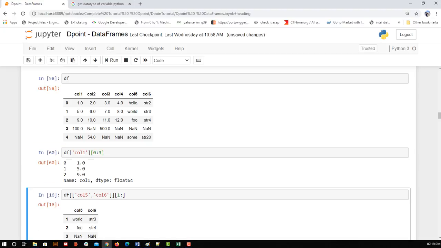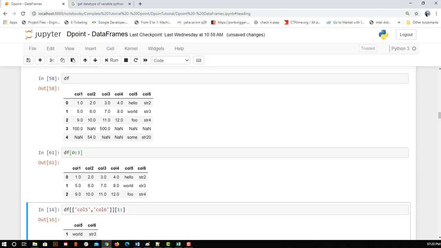So I try to access it now. You can see it got me 0, 1, 2, and we applied a filter that I want only column 1. If I don't mention this, will it work? You see, here it is giving me all the columns, without applying the column filter.